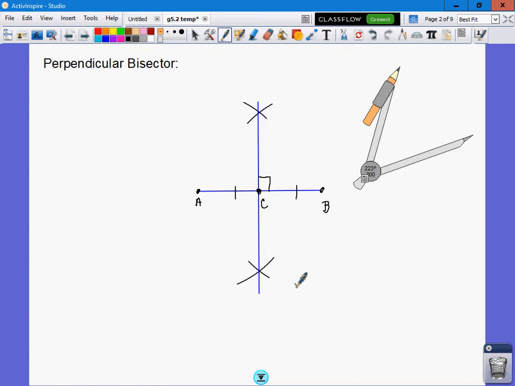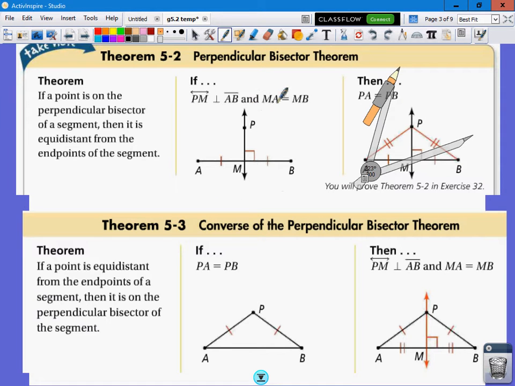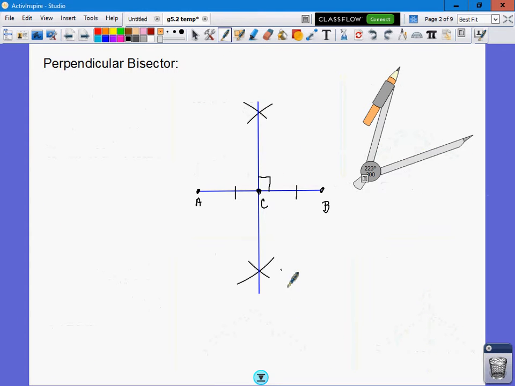Now, the theorem that we're going to look at today is on a perpendicular bisector. And it says if a point is on the perpendicular bisector of a segment, then it's equal distance from the endpoints of this segment. So I'm going to go back and take a look at this picture. If I put a point on this line anywhere,